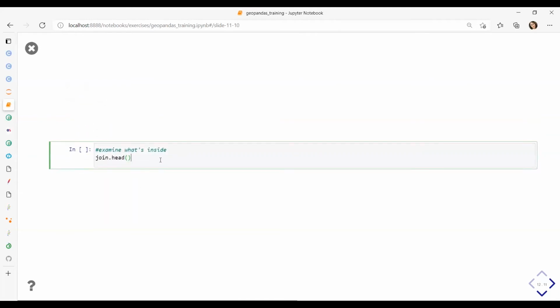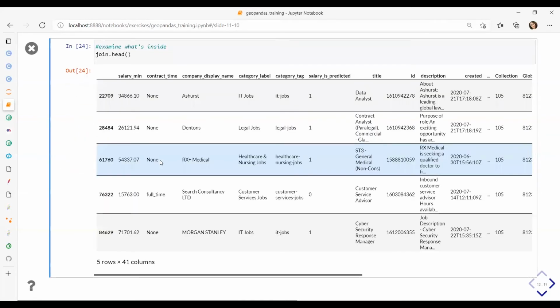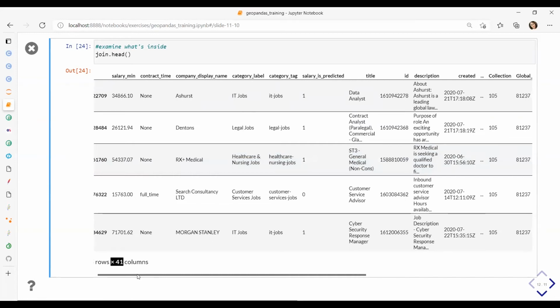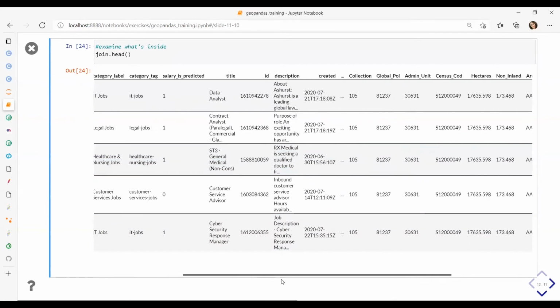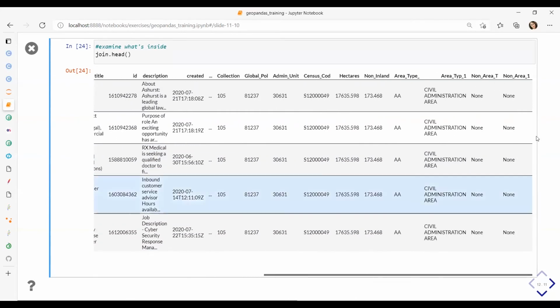Right, let's check what we have inside. The first thing you would notice is that now we have 41 columns. So what happened here: our Adzuna dataset has been spatially joined with Glasgow, and all the records received information from the other layer related to this location.